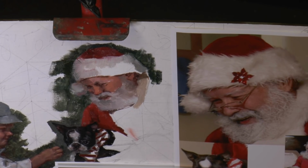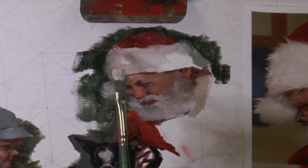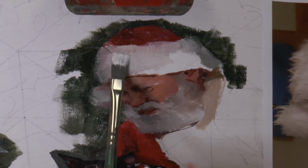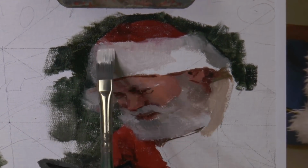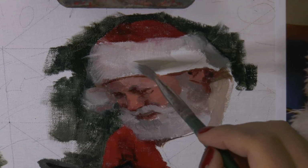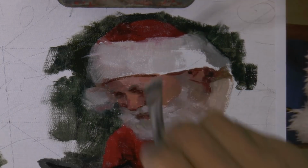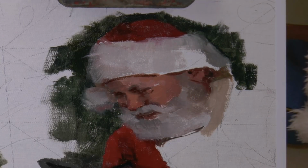I might slightly change an expression or eliminate things in a painting that make somebody look older, if I'm trying to paint somebody with youthfulness. So I'll make those kinds of decisions in painting. But for the most part, when I'm creating shapes, I feel like I'm a lot more literal with it. I wish I was more liberal with it, but